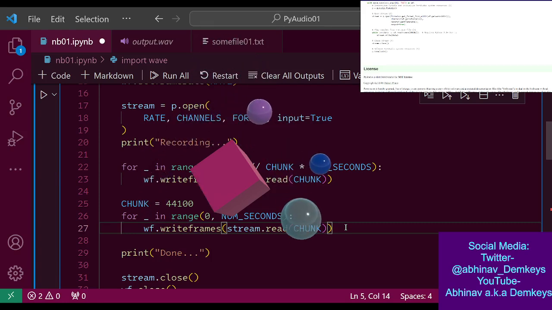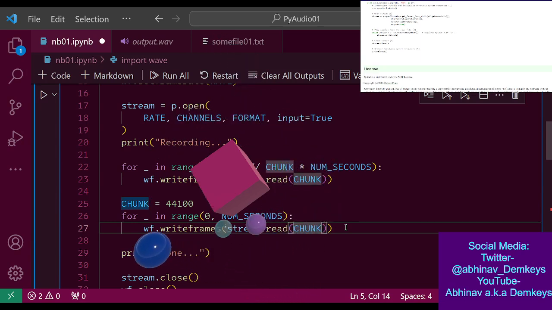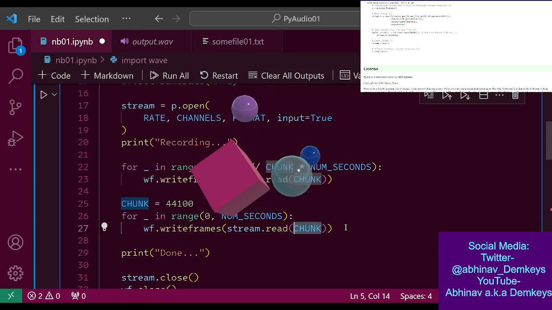So previously my thing was, I couldn't figure out why I shouldn't just set the chunk value to something big and read exactly that much, for example exactly the sample rate worth of frames every second.